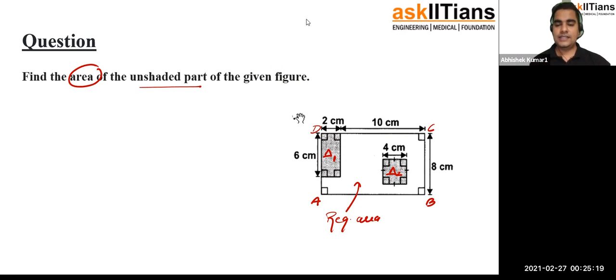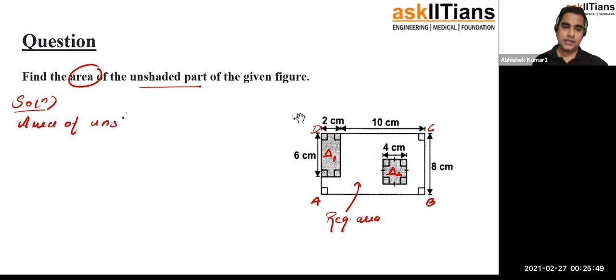And from that, we can subtract the area of this rectangle, whose area I have denoted by delta 1. And then we can subtract the area of this square, whose side has been given as 4 centimeter, and whose area has been denoted by delta 2. Okay. So if we have to calculate the area of the unshaded portion,